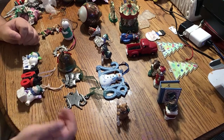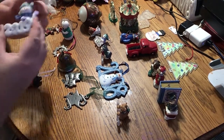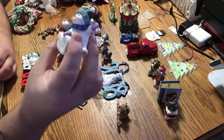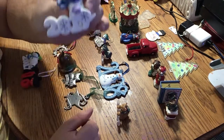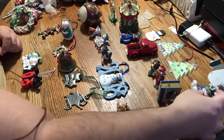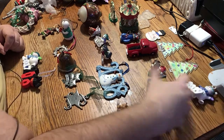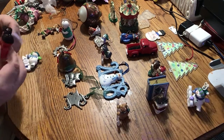So let's start backwards. This is the one from last year, 2019. It's really cute. It's a snow person with the big old year with the snow, and there's actually lots of glitter on here. It's really cute. So that's 2019. I'll put that back there just to keep them a little out of the way so I don't get confused. So 2018,